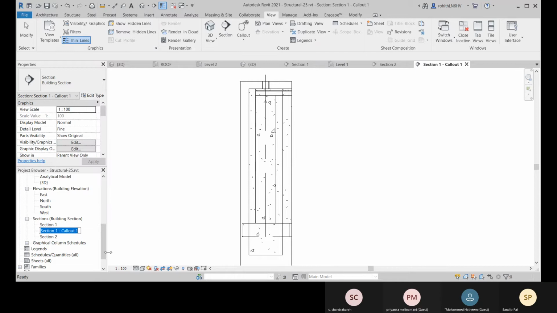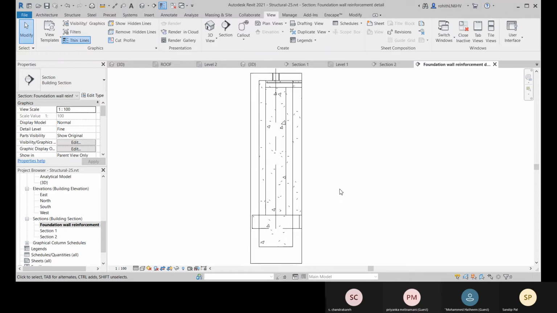So here suppose like this is for foundation one, foundation wall reinforcement. You can name it like that, and then you provide all the rebar, your reinforcement. Okay,